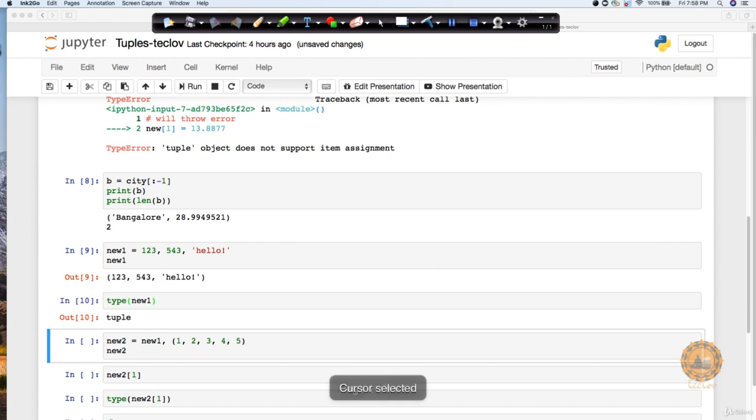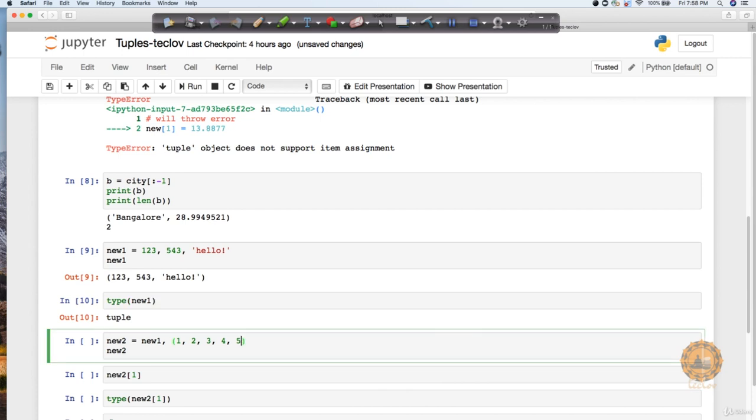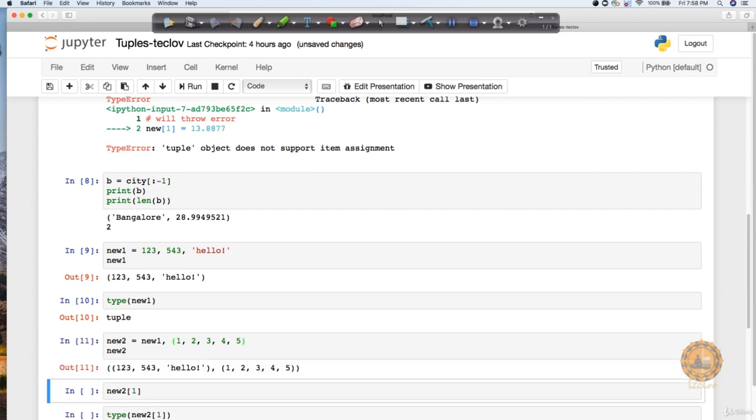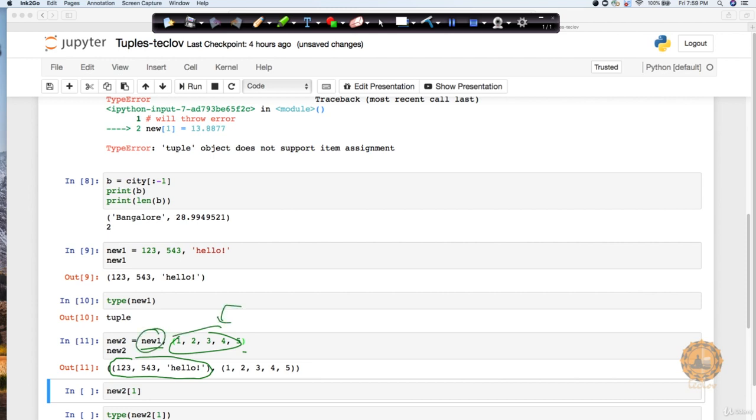So here, if I come and execute this statement, you can see it is going to return you this, and it's a concatenated result. But notice one interesting thing here. It has created basically two tuples inside it. It's not like it has created a new one and then separated this. No. What it has done instead is treat this completely as a separate tuple. A new one was already a tuple. So it has created two tuples within it.